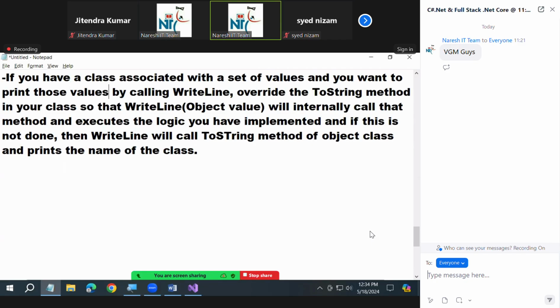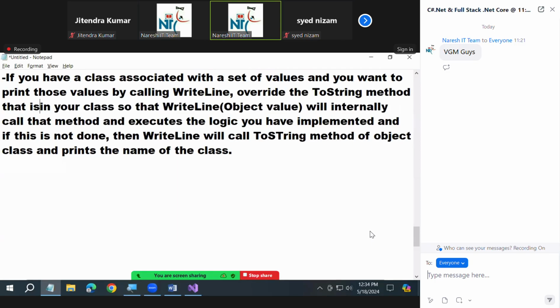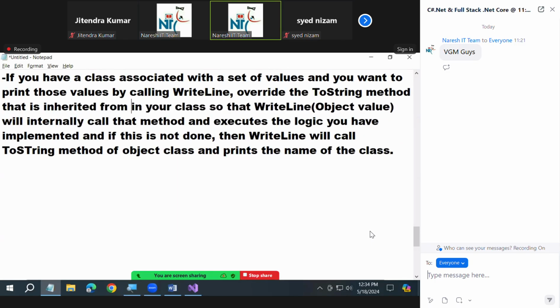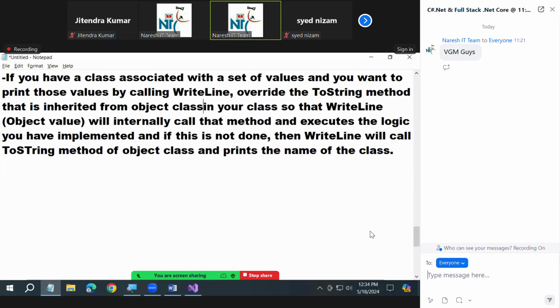Override the toString method in your class. Override the toString method that is inherited from the object class in your class. So that WriteLine, which takes an object, will internally call